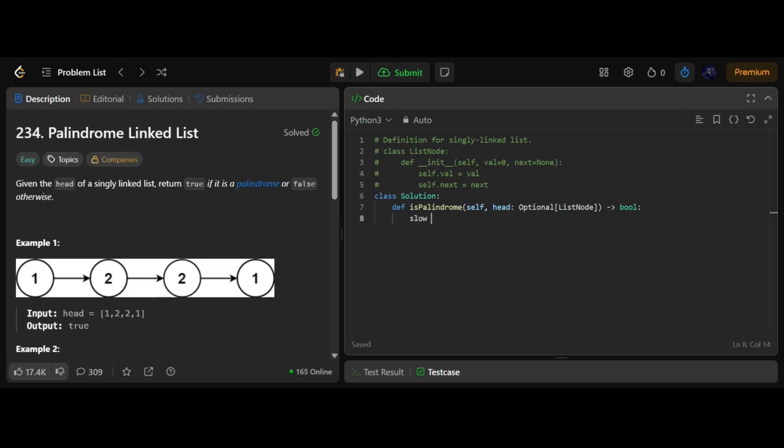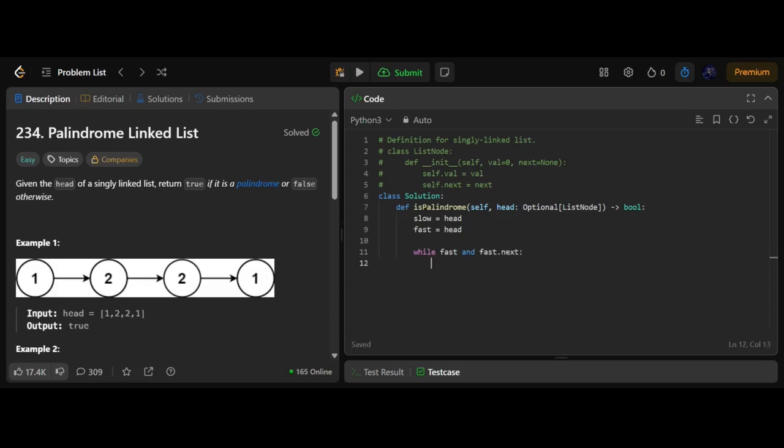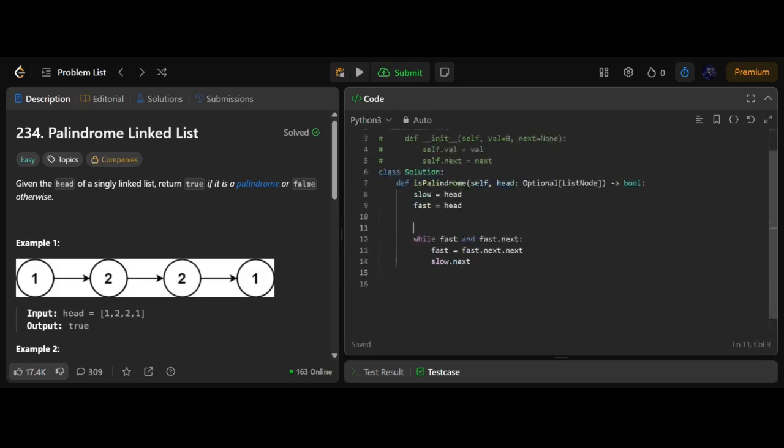We've done this in the previous video, but we can basically set slow equal to head and fast equal to head as well. We're going to have 2 pointers, a slow pointer and a fast pointer. And we'll say while fast and fast.next, fast equals fast.next.next. So we shift the fast pointer 2 to the right, and we shift our slow pointer only 1. Let me put a comment here, find midpoint. So this is the midpoint